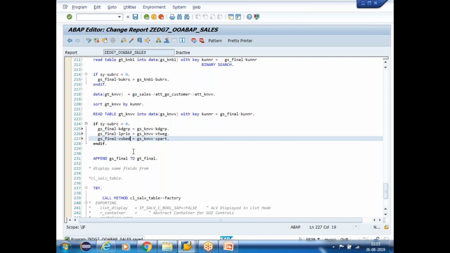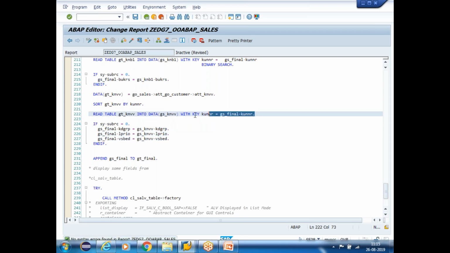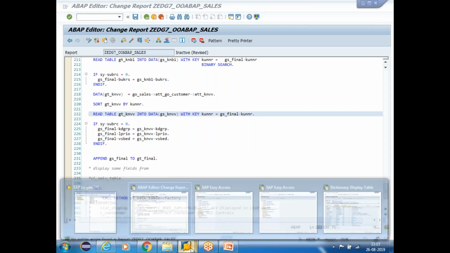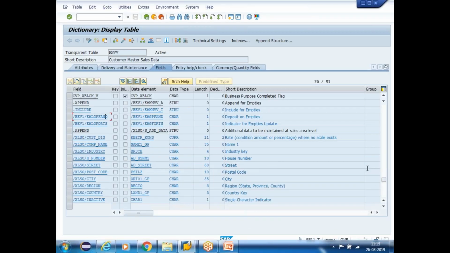VSBED. Yes. So here also the same, LPRIO and VSBED. Guys, so one more trick is here, it's a bug, guys. So I am doing the code with a bug. And one more bug is, see guys, in the KNVV table,